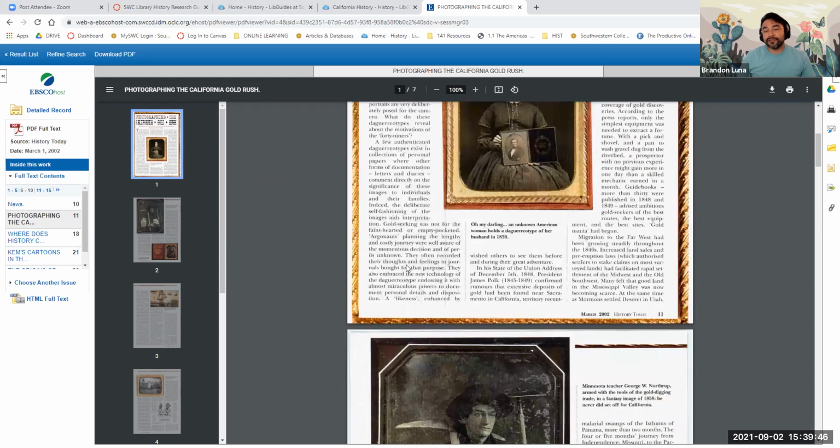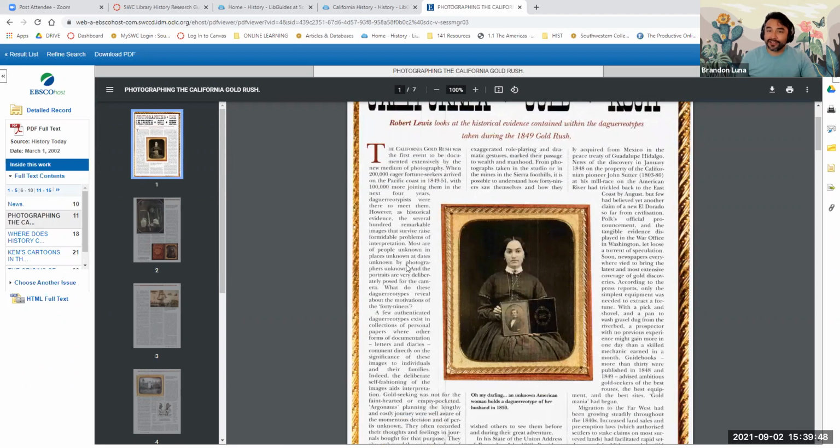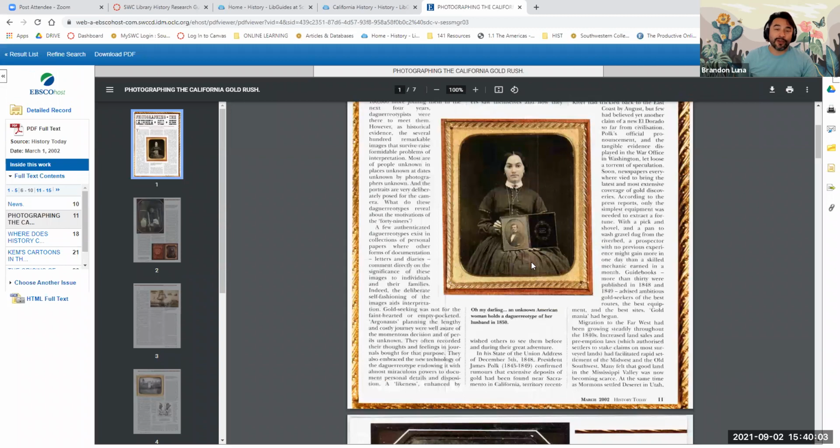This is a tricky one because it's actually a secondary source. It's someone writing about the history of photography and photographing the gold rush. So it's not a firsthand account. It's somebody writing about it, but the pictures themselves are primary sources.